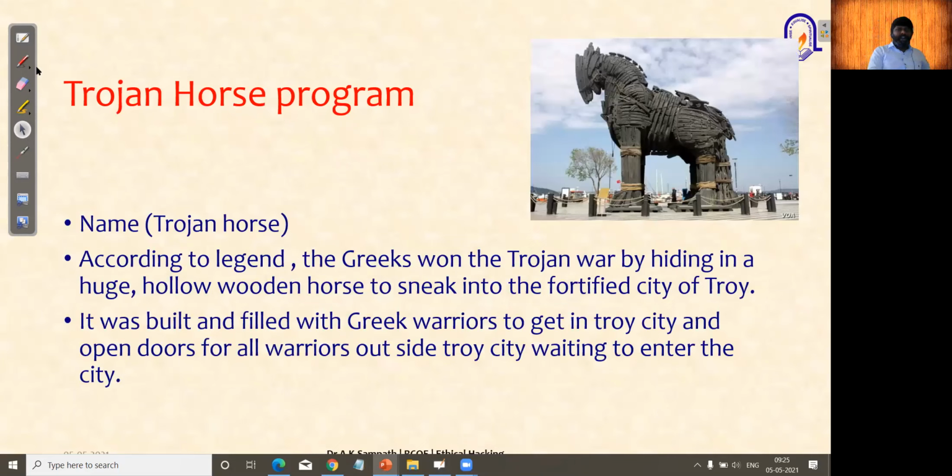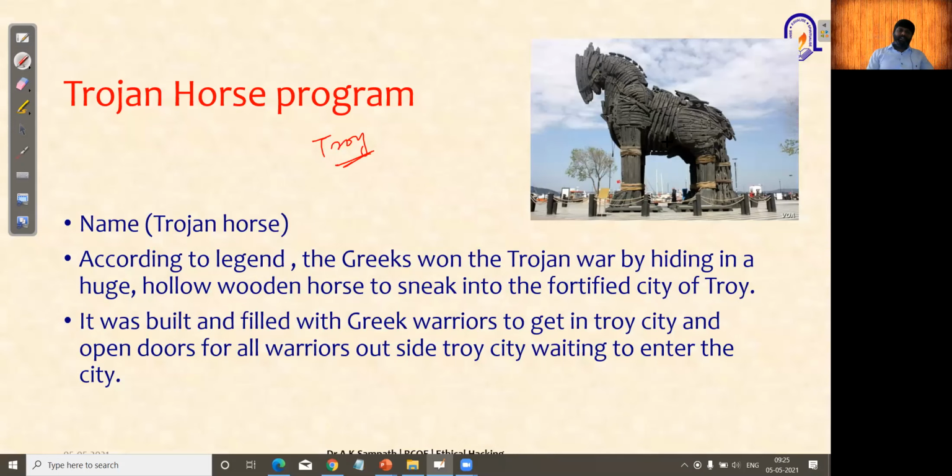So why is it called a Trojan? How many of you watched the movie Troy? In that movie, you will see a big horse built with wood. It looked like a statue.